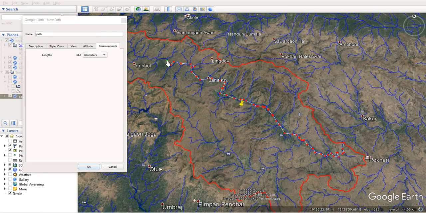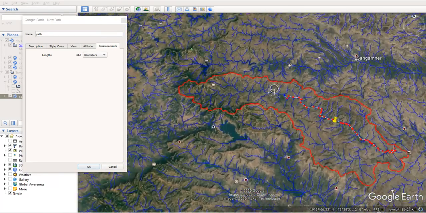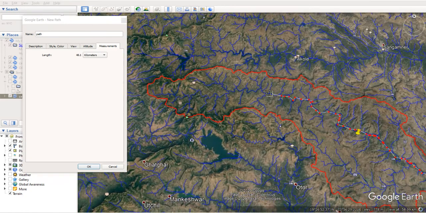I'm just doing this very roughly. For practical synthetic unit hydrograph calculations you need to do it very accurately, or take some more points for better accuracy. So we'll say this is the longest stream of 78.5 kilometers.